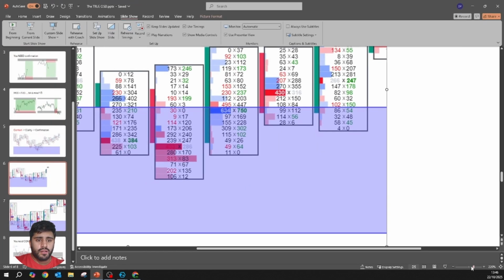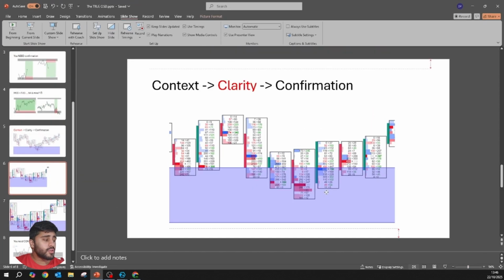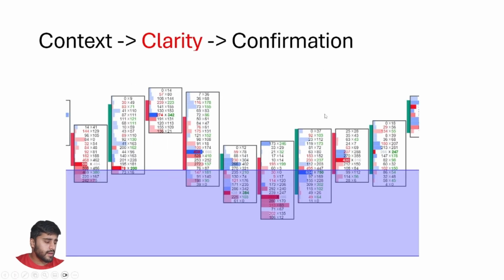So if we kind of go back a little bit, put this here. So context, let's go from this. So context, clarity, and